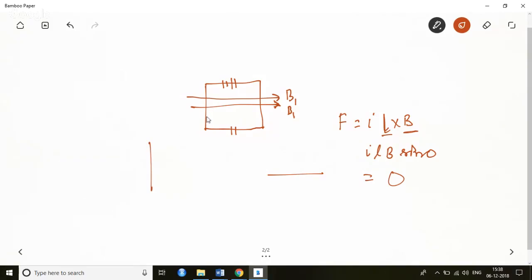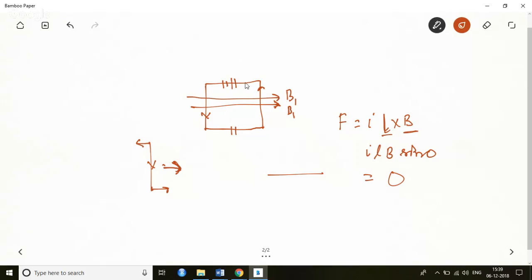So what will happen on this conductor? Suppose current is going in this direction and B is in this direction. If I use the right hand rule, I'll put my fingers in this direction and I'll put my palm in this direction. So a force upward would be applied. Here a force downward would be applied. So what will happen? Because one force is acting like this and one force is acting